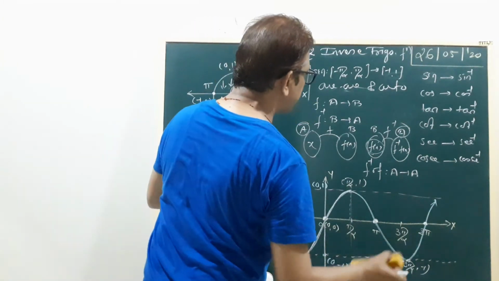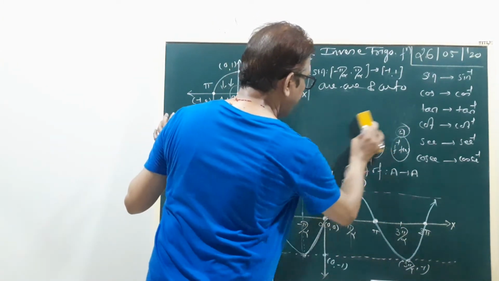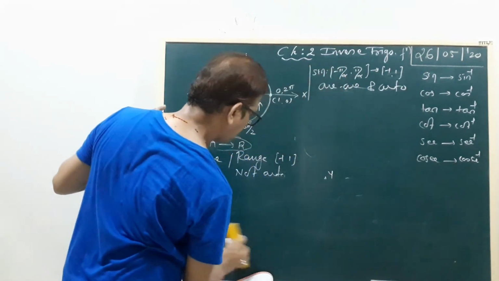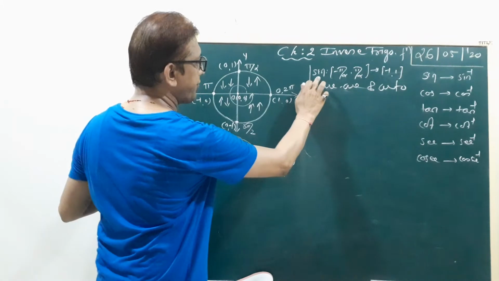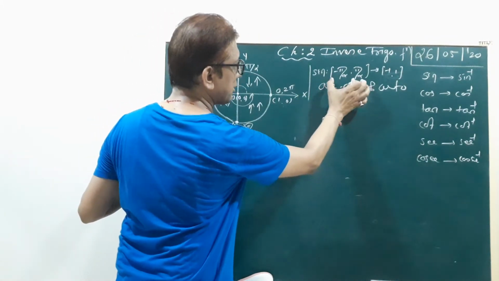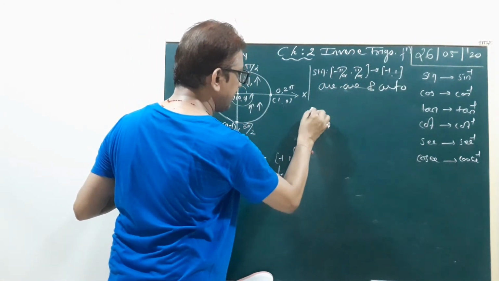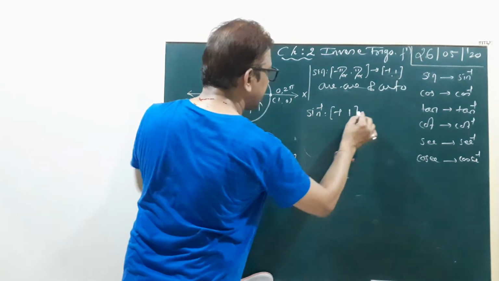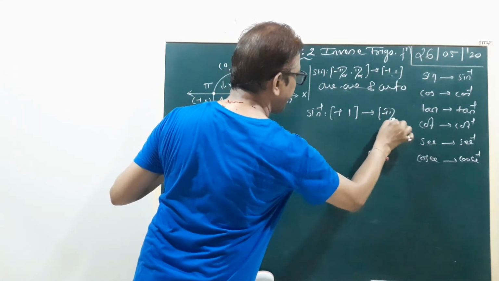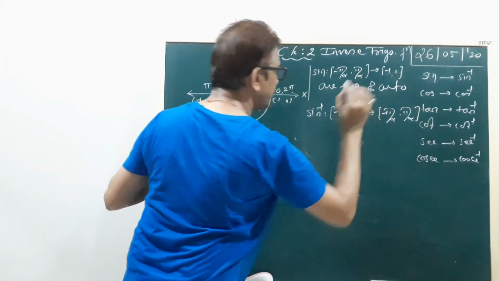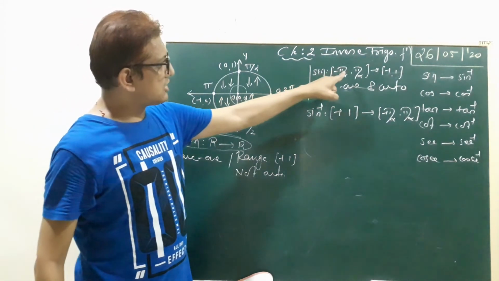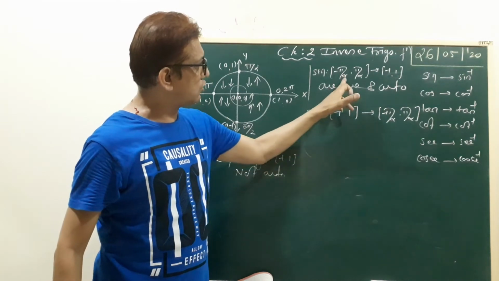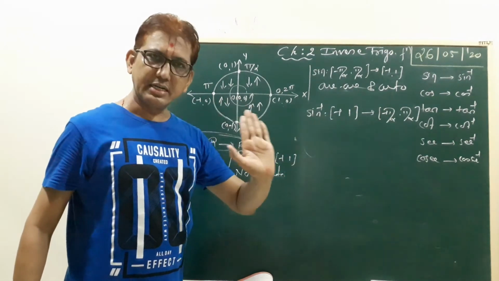Okay. Now we discuss our sine function. The domain of our sine function is a closed interval, going to a closed interval. Now sine inverse is a function from the closed interval minus 1 to 1 to minus pi by 2 to pi by 2. Clear? The sine function goes from this closed interval to that one, and for sine inverse the codomain is now the domain and the domain is the codomain. Is that clear?